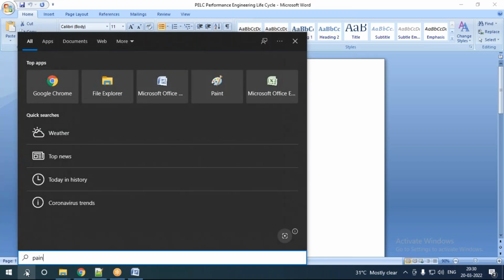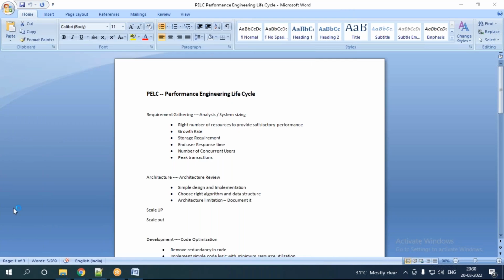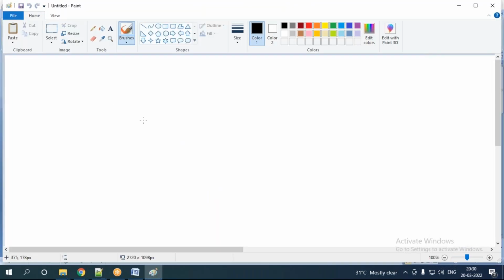Ronan, I have one question. Generally, the resource planning, everything will be done by the application architect, not by the performance engineer, as per my knowledge, because I'm not sure how they will determine how many CPUs and servers, and in each server how many CPUs and RAM should be there.